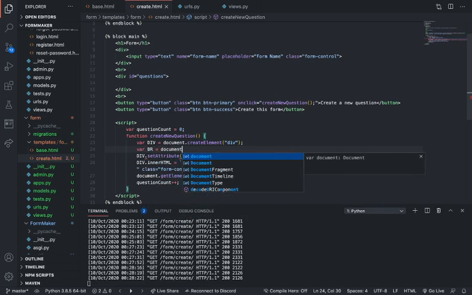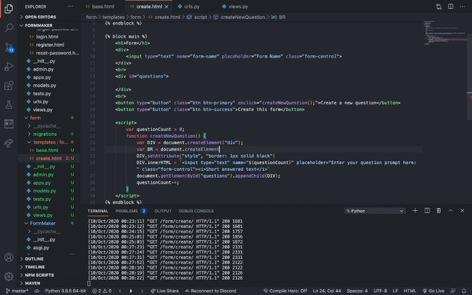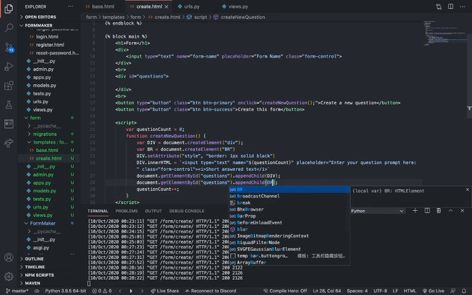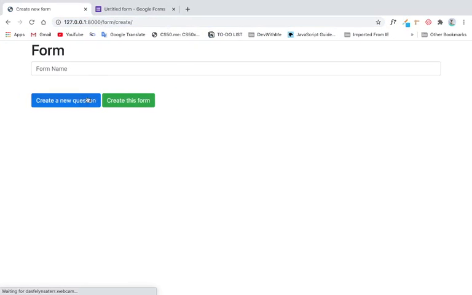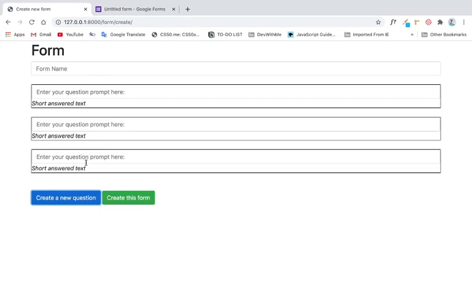BR, document create element, just create another element called BR. And then in this case, after we append div, I'll just append BR. This is a quick fix. So I refresh again. Create a new question, there we go. Okay, so then if we take a look,